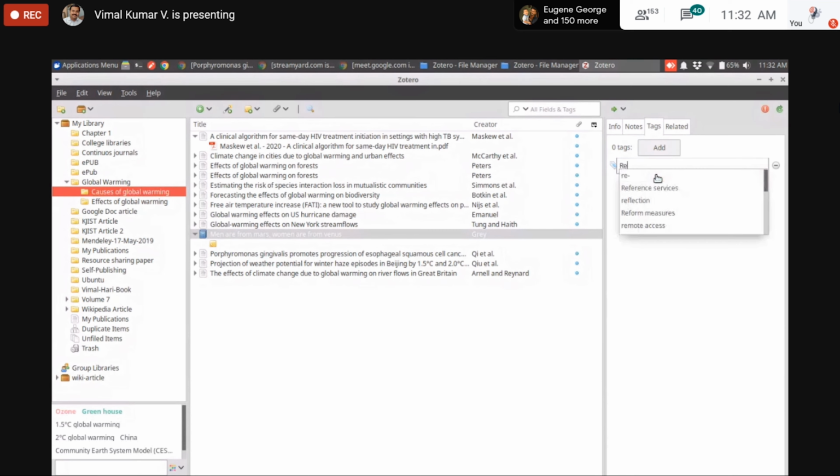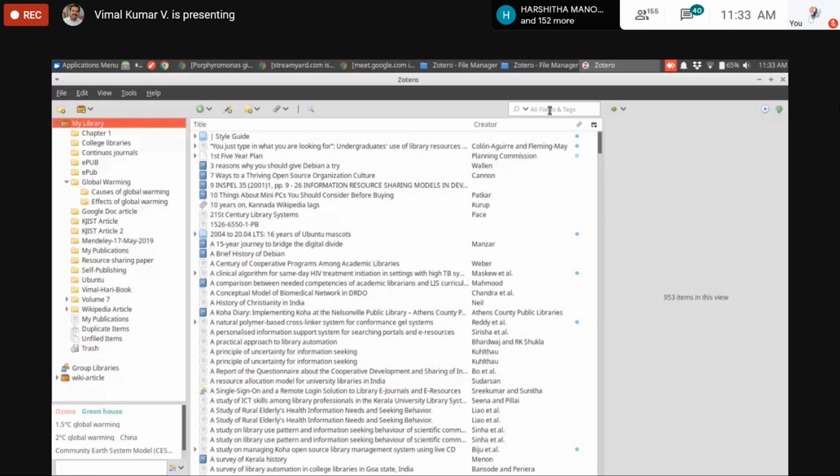You can add some tags related with the book. And another tag, psychology. This way, we can add tags regarding a book. The benefit of adding these tags is that you can easily search and retrieve the book details using this tag.